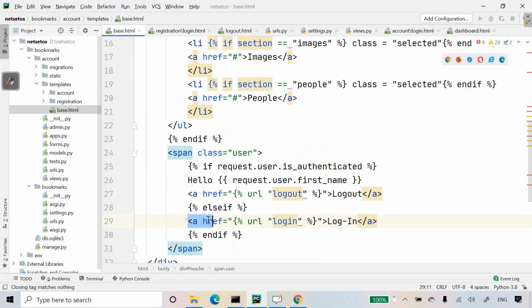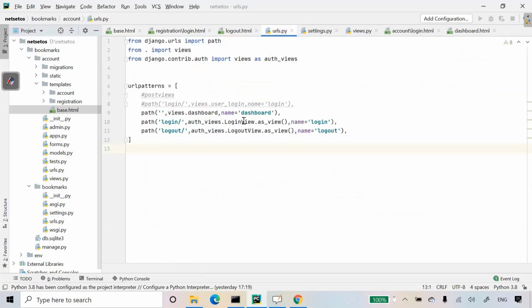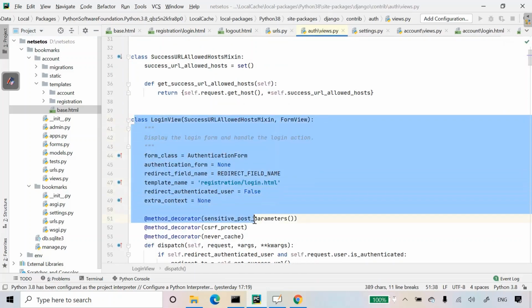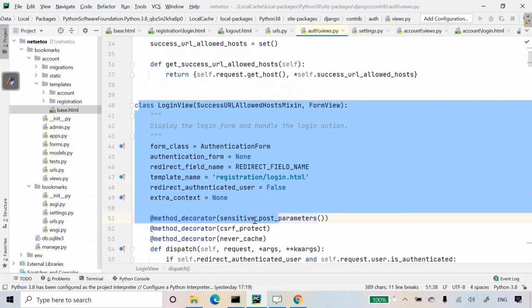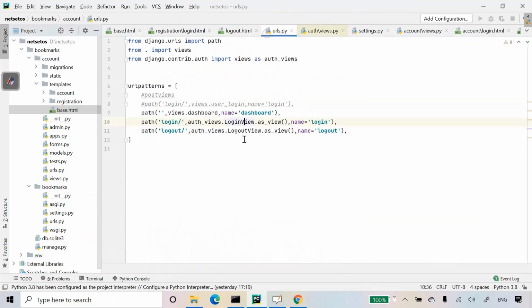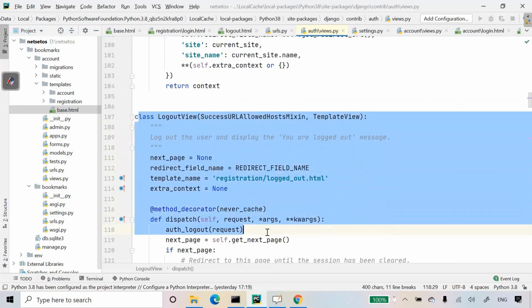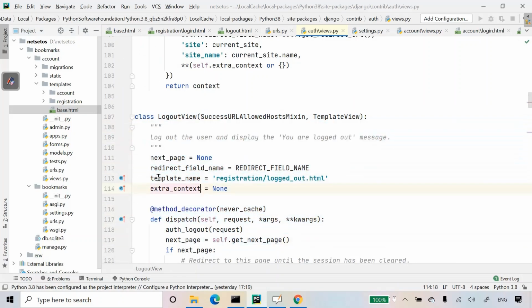So basically here it will go to the login page. Now if I check in URLs, here it will go to the default login view, which Django itself provides. Now if I check logout, here also it has a logout view,